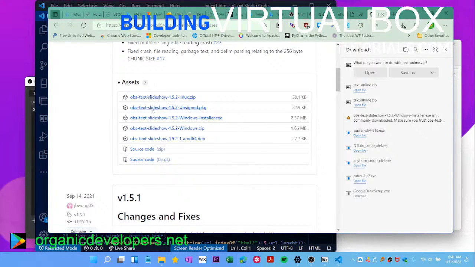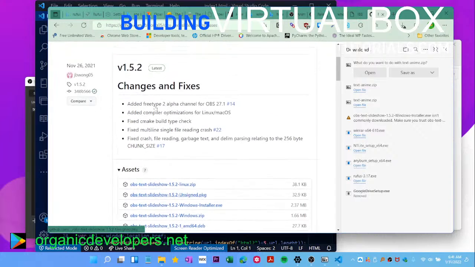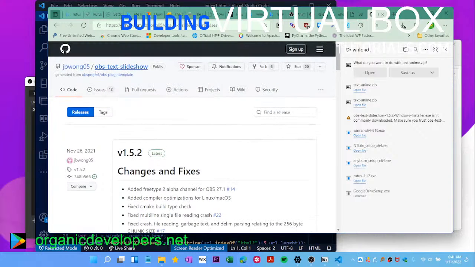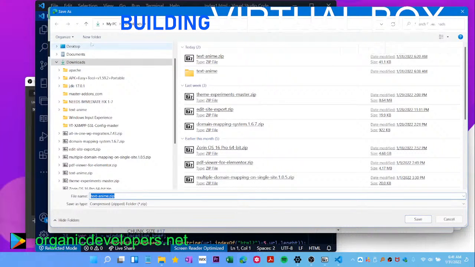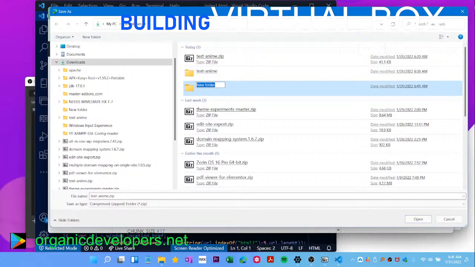No, that's a different one. This is the same script, but from a different user. This is JB Wong, and I got a different one. The one, his name was something different. Well, I'll just save this one also. I'm going to call this new folder for backup. Text,